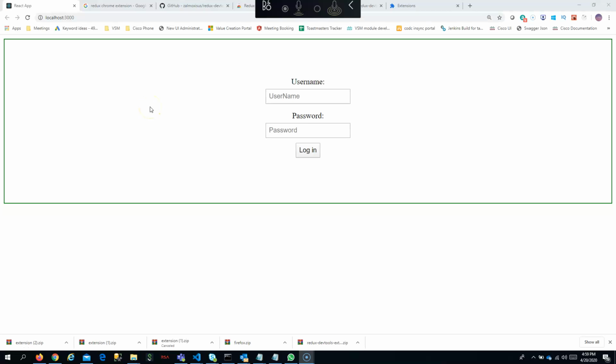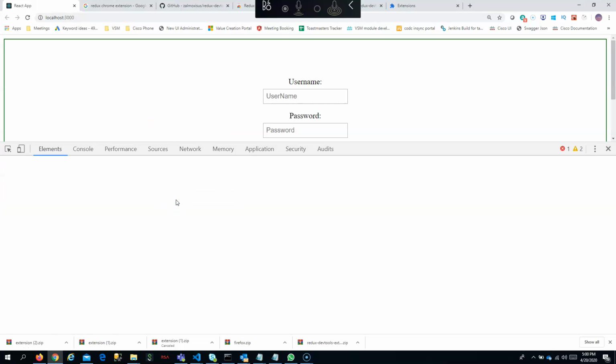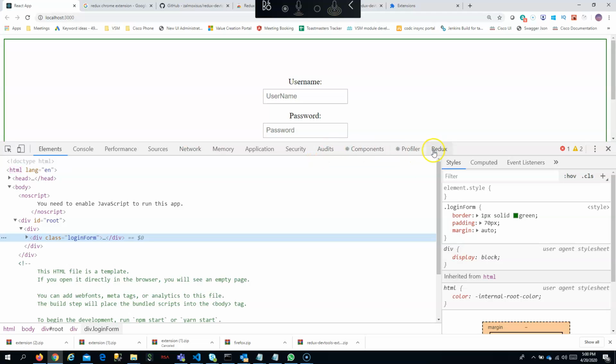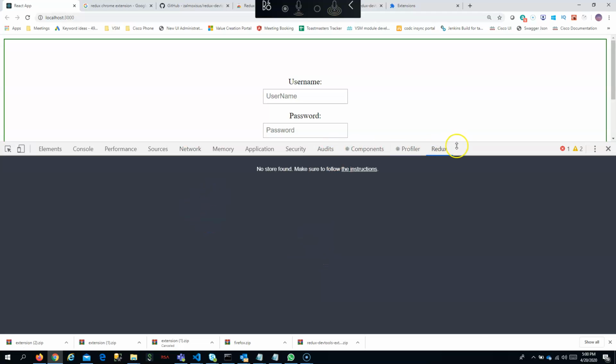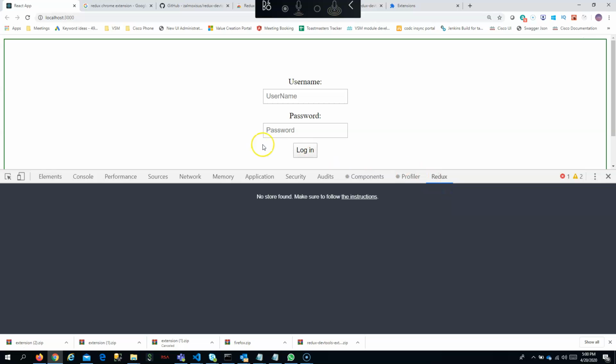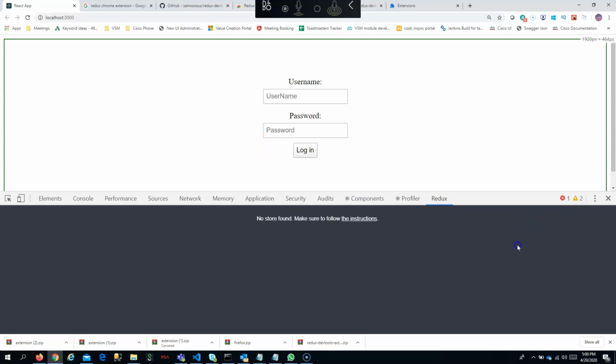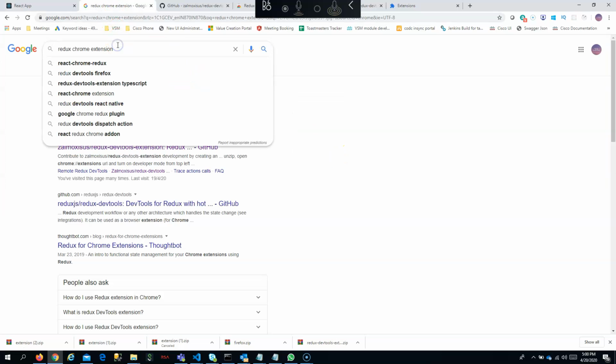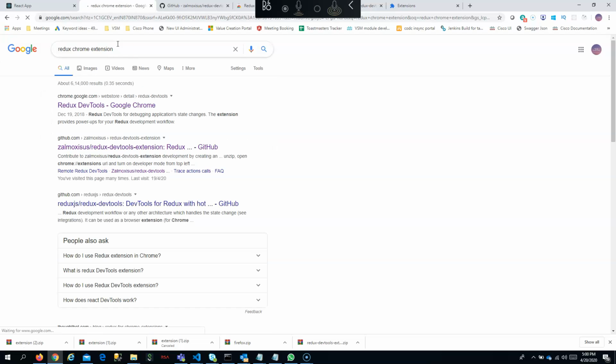So hi all, in this session we will try to see the Redux store by using the Chrome plugin. Once I download the plugin, I should see something like this. I should see all the stores found inside this application. So for that, the first step will be just go here and click on Redux's Chrome extension